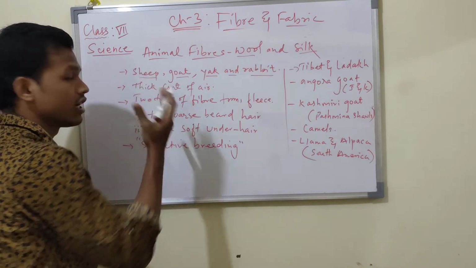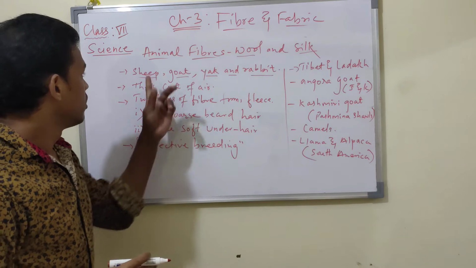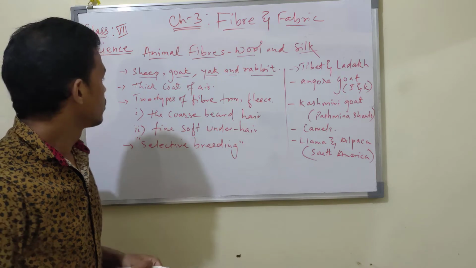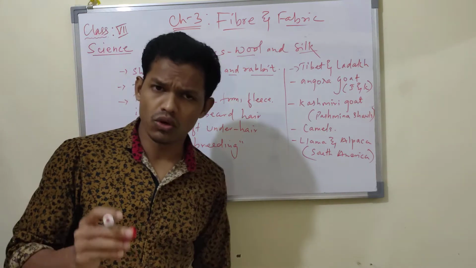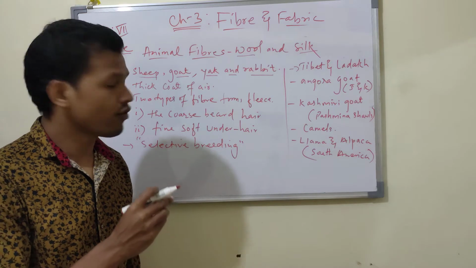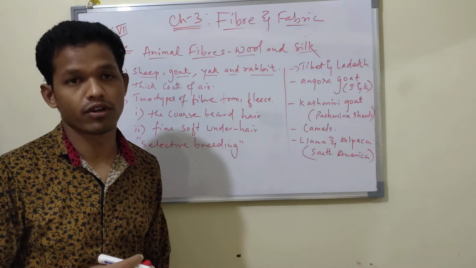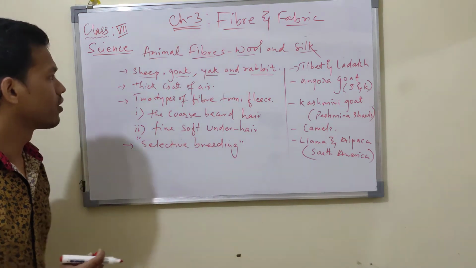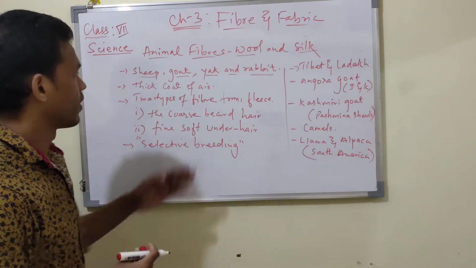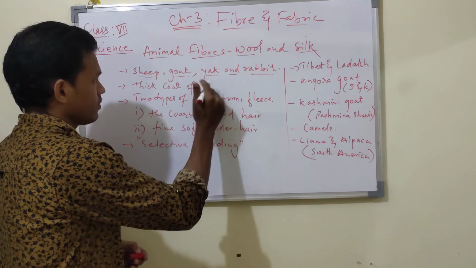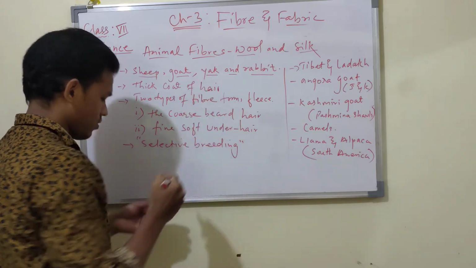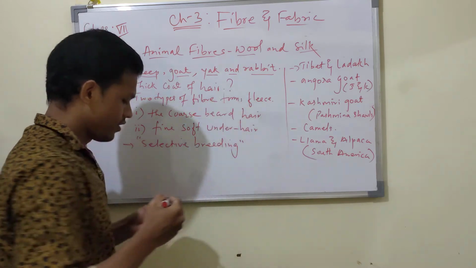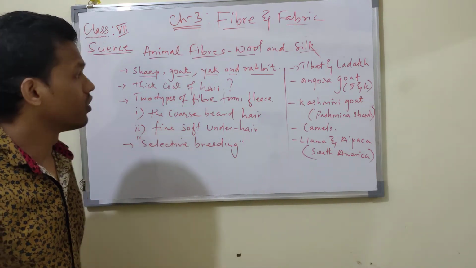So from the sheep we get wool. Sheep, goat, yak, and rabbit: these are the animals from where we get wool. Do you know why these kinds of animals have thick hair grown over their body? Why do they have a thick coat of hair on their body? Do you know? Because